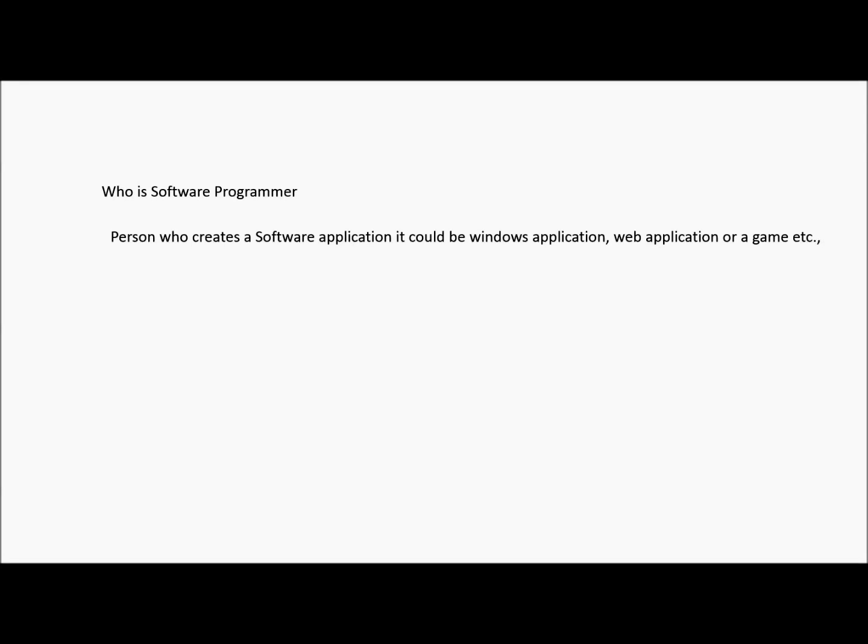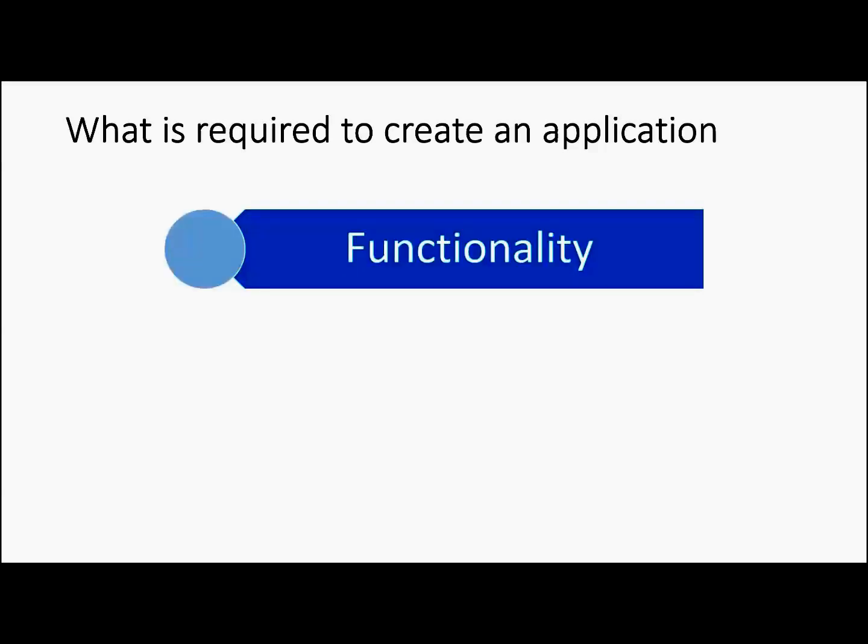A person who creates software applications. It could be a Windows application, a web application, or a game, or anything like that; that person is called a software programmer. What is required to create an application? Basically, the functionality of the application, whether it's a game application or a web application, like